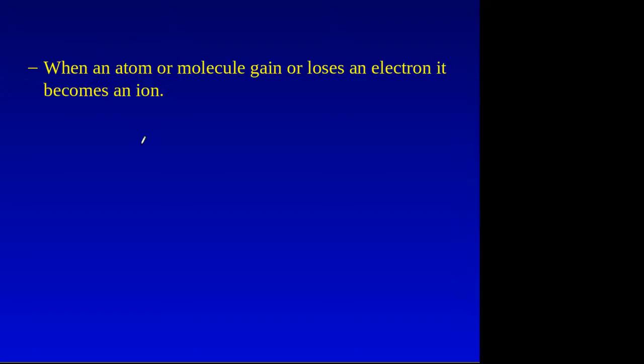Now, if we lose an electron, we make ourselves an ion, a positive ion. If we gain an electron, we make ourselves an ion, and we are a negative ion. Now, ions are probably the more abundant and easier to understand chemistry, and they happen a lot in moving energetics about.